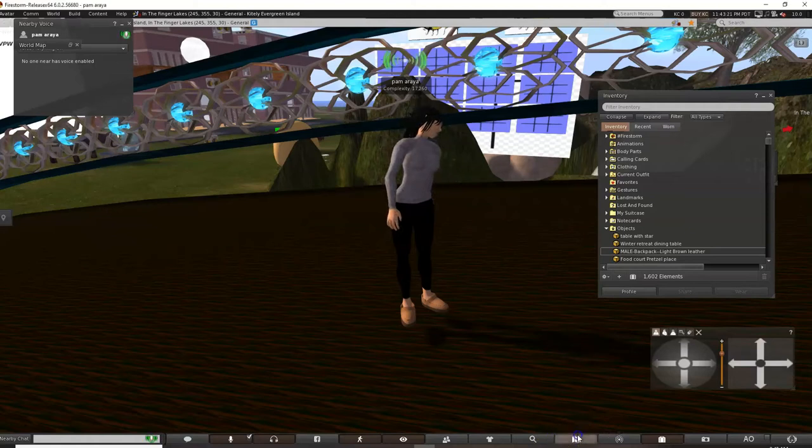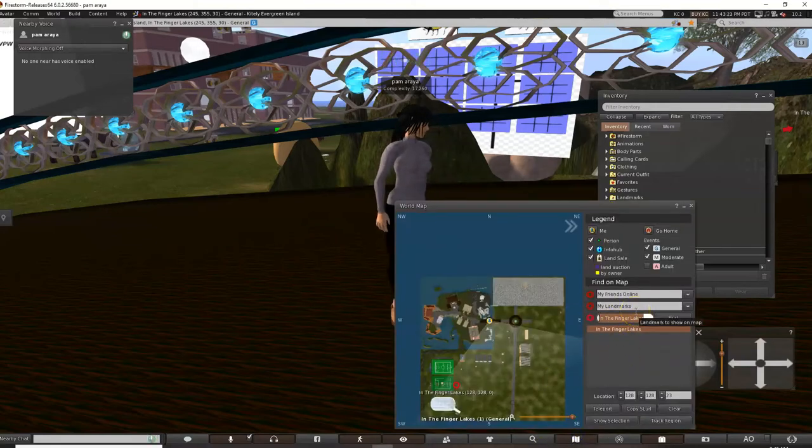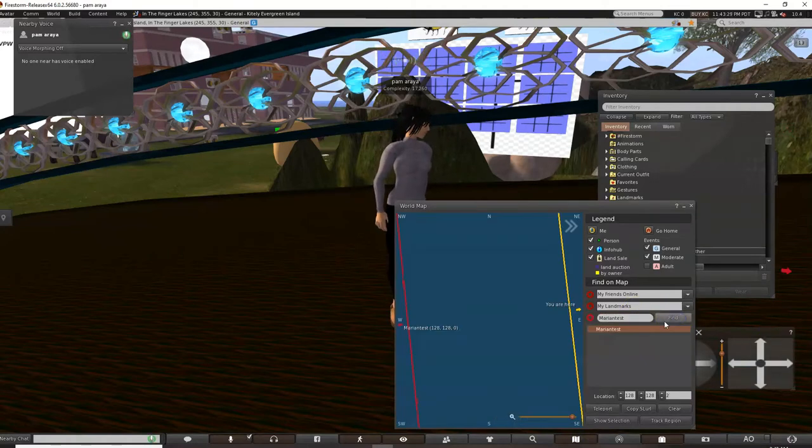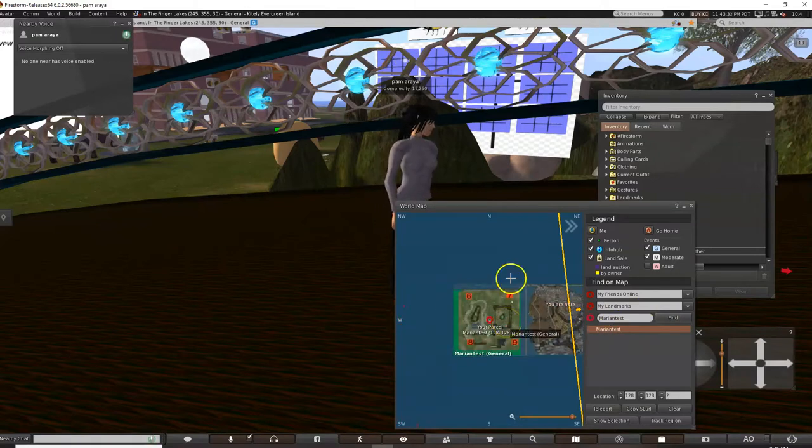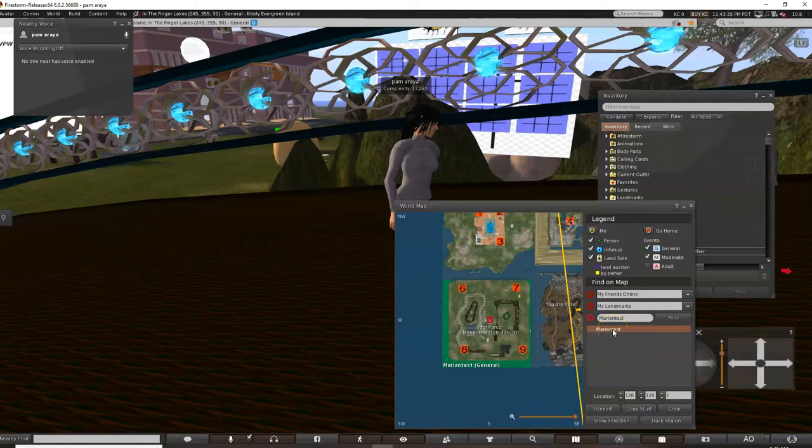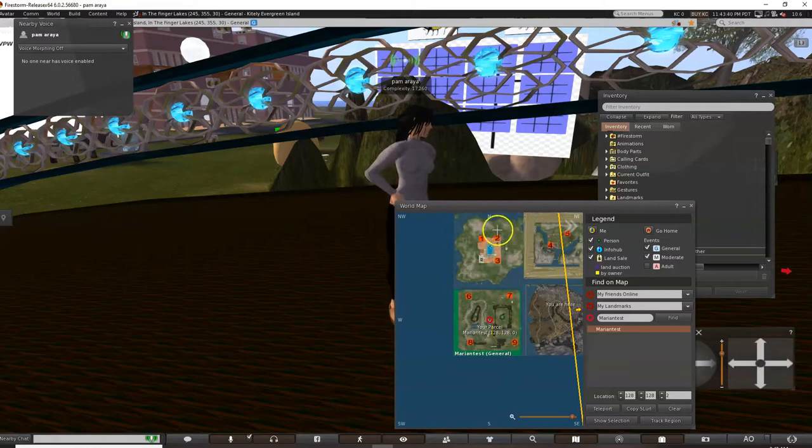If you go to the map, you put in Mariantest. And that's what we're going to find. Those numbers are presentations from students that just graduated, and those numbers represent their projects. Each student is assigned a project, so when you open up the map, you can find the project much easier and teleport directly to the student's project. It's an easier way to get around during presentation night.